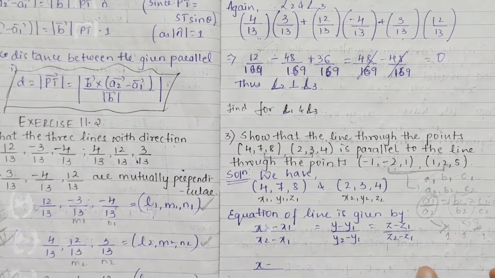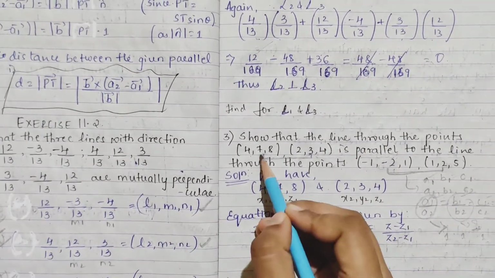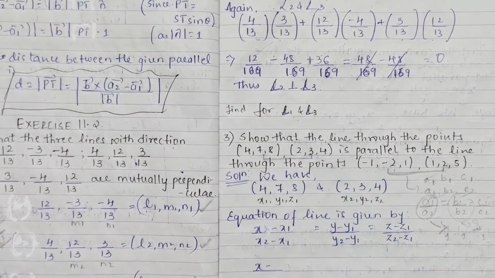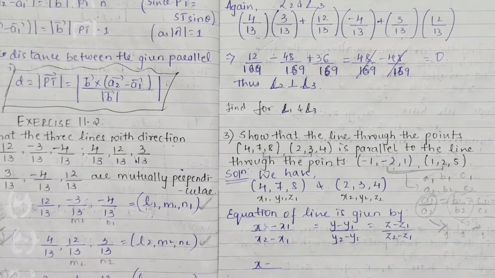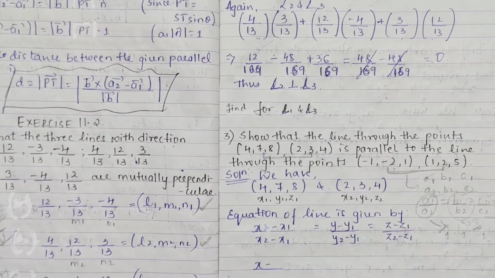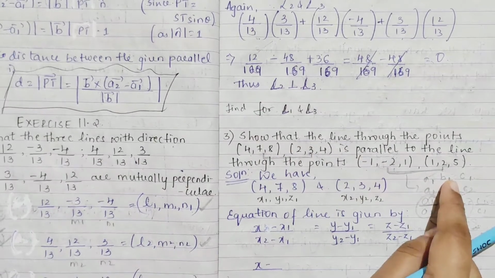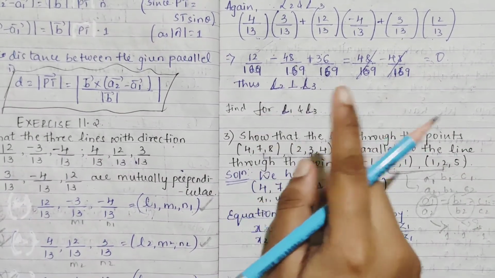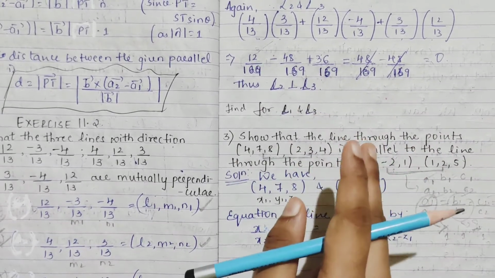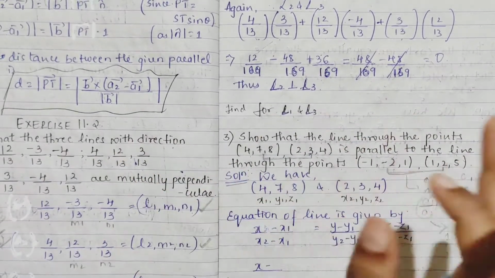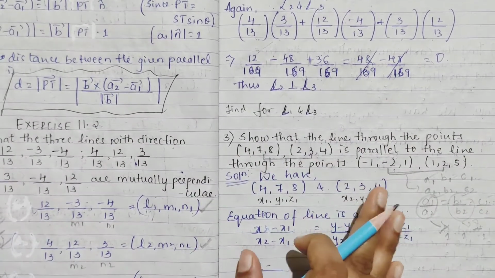So for that, first we have to find A1, B1, C1, A2, B2, C2 from the points. So how will you find them? We have to make use of your equation of line. Through that only we will get it. Here they have given points, so you have to use the equation of line joining two points, through the two points which you have taken. Don't go to the vector form, go to the Cartesian form. Always we prefer the Cartesian form.